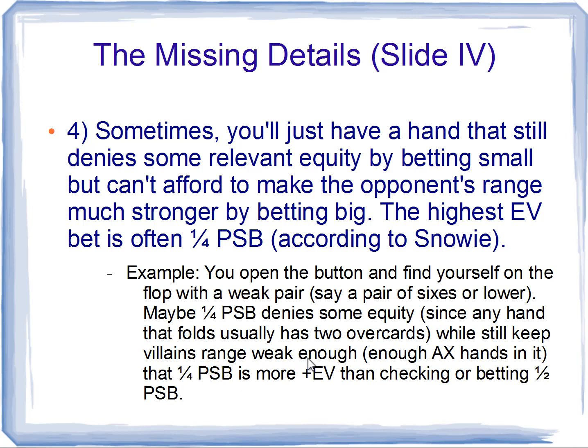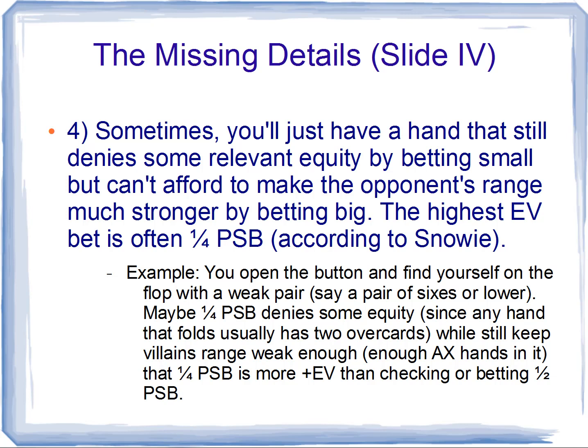Okay, so let's do an example. And again, we're just talking concepts here, so just focus on the concept. So you open the button and find yourself on the flop with a weak pair, say a pair of 6s or lower. So we open the button and the big blind called, and we have a pair of 6s or lower. Maybe a quarter pot size bet denies some equity, since if we bet pocket 3s on the flop, any